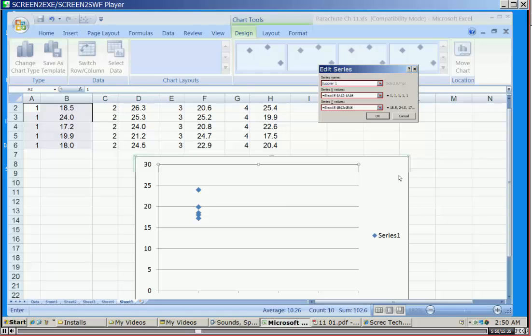Supplier 1. And everything else remains the same. This is our X value. These are our Y values. There's the tensile strength from the first sample of the parachutes. And once again we have 5 parachutes